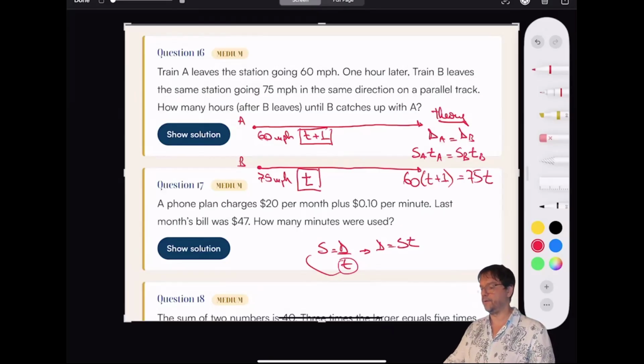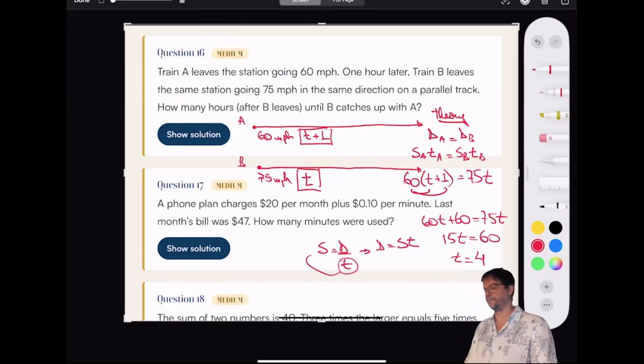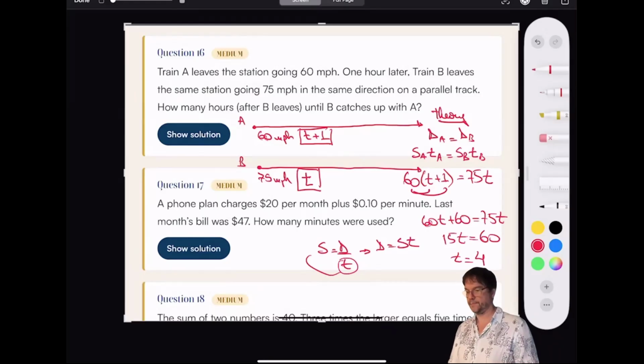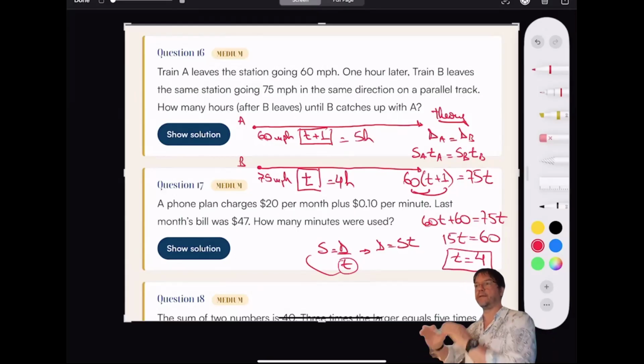Okay? Now we'll distribute here. 60T plus 60 is equal to 75T. 15T is equal to 60. T is equal to 4. Is that okay? Yeah. So the train B, that is T, stays 4 hours traveling until it passes A. And A stays 5 hours, because it's the same period of time, but the train B was already traveling 1